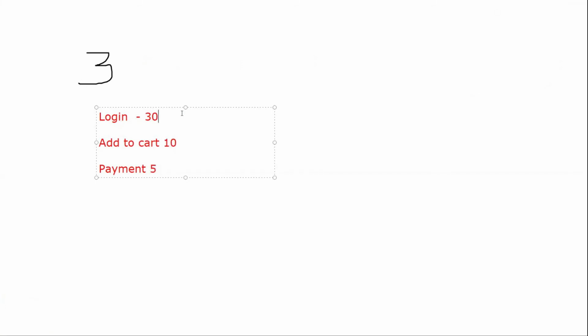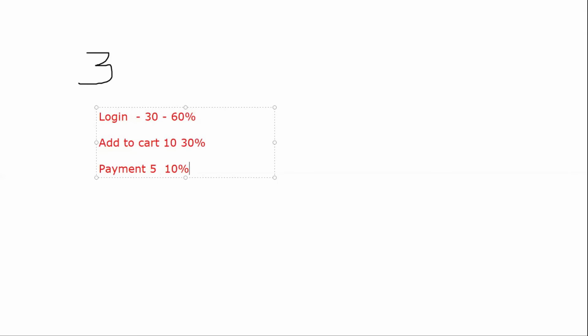Or what I can go with is, let's say, 60% of the user load will go in the login. Add to cart, I have, let's say, 30%, and payment is 10%. Because when actual users use the site, not everyone will do the payment. Few will log in, see a few things, and they'll come back.